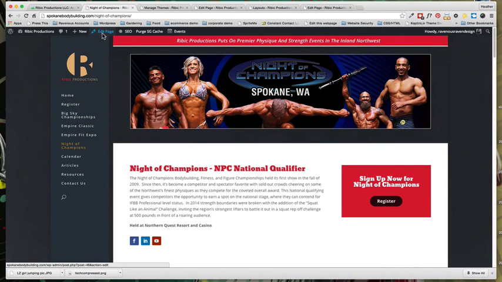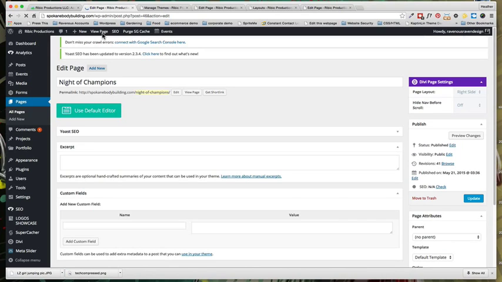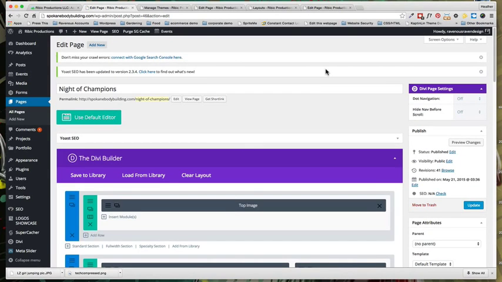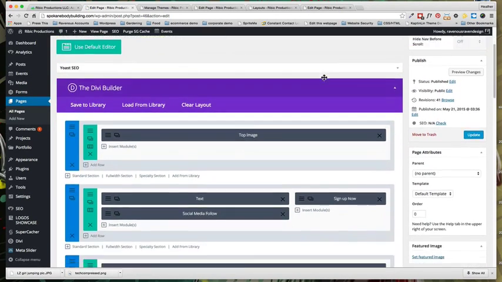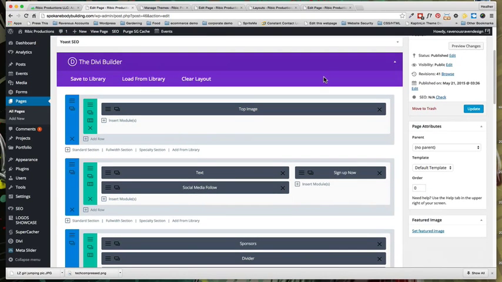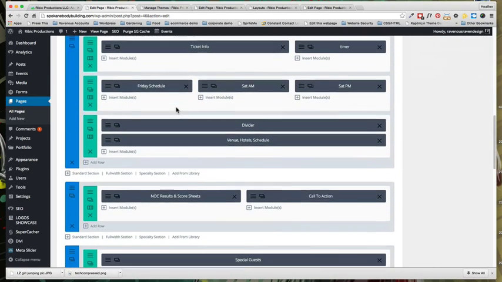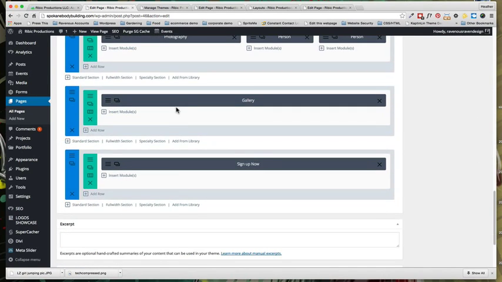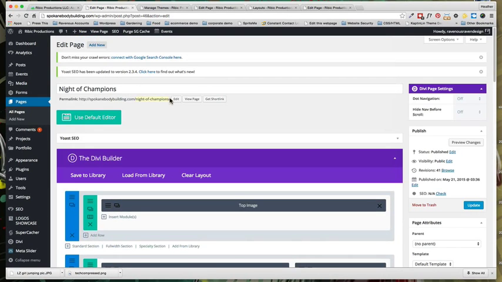So if we go to Edit Page, you can see here I have, it's not too complicated, but if you've never seen it before, it can be intimidating. So I've got these blue sections, green sections, I've got gray sections. What are these sections anyways? I'll show you. So if we take View Page in another tab,